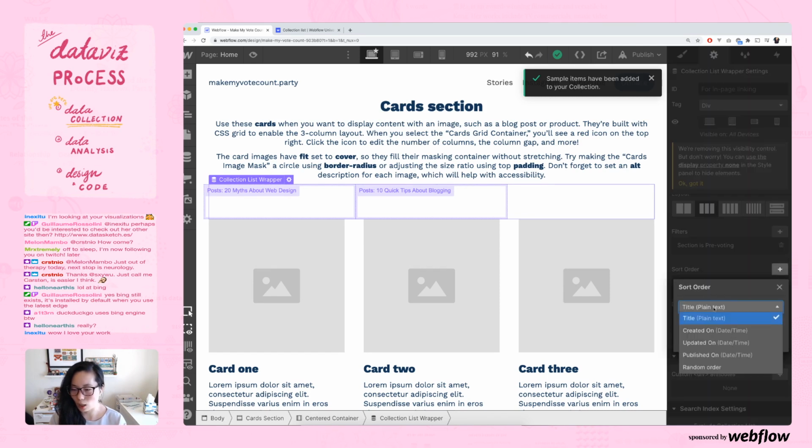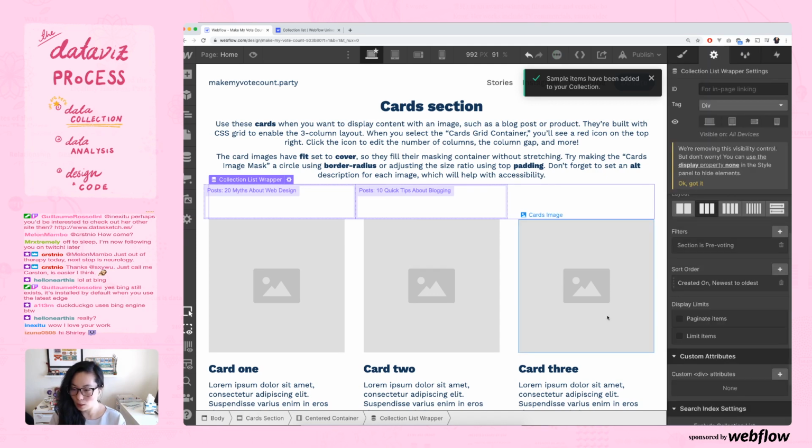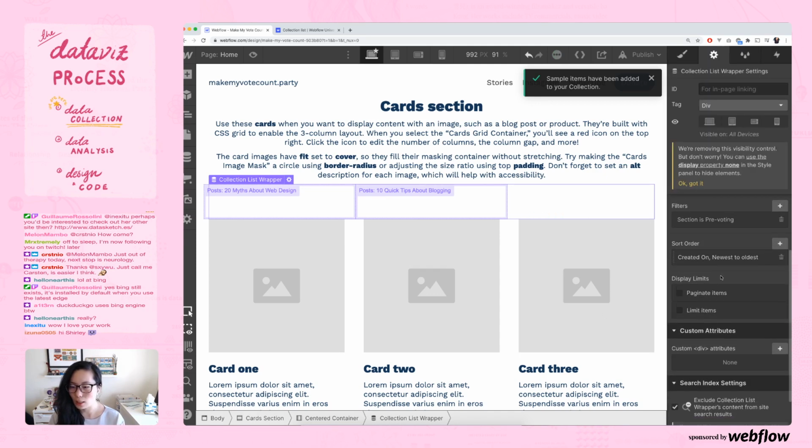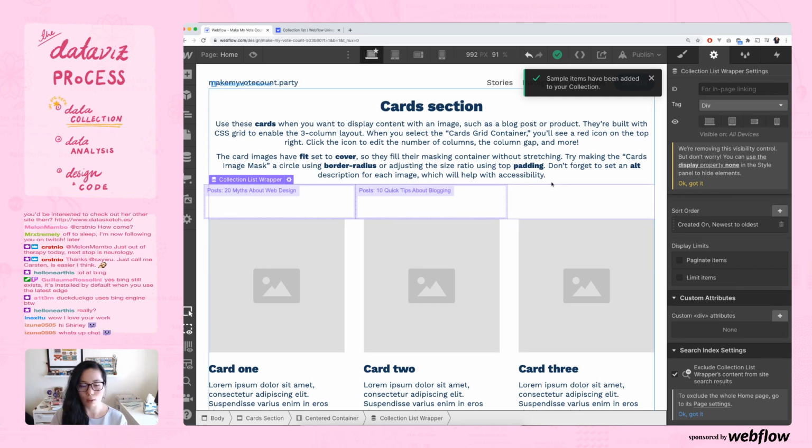Let's sort by updated on, created on. Let's do created on for now. Newest to oldest. Save. No, I don't think I need to paginate items for now. Custom div attributes. This is like if I want to do a data something. No, I don't think I need to do that. Search index settings, exclude collection list. No, I don't think I need that. Okay, so now,